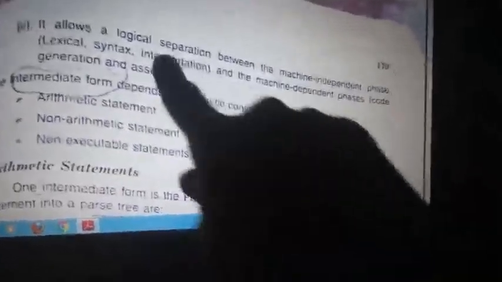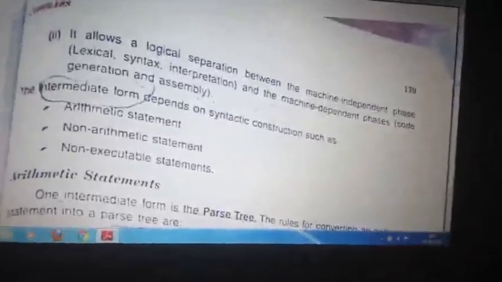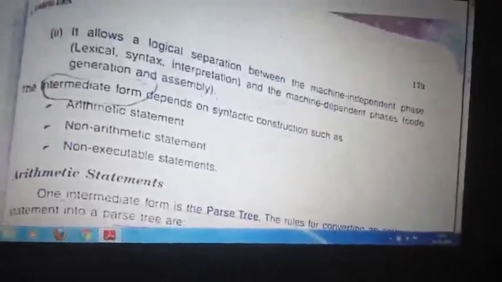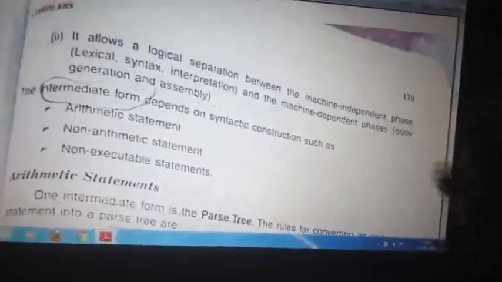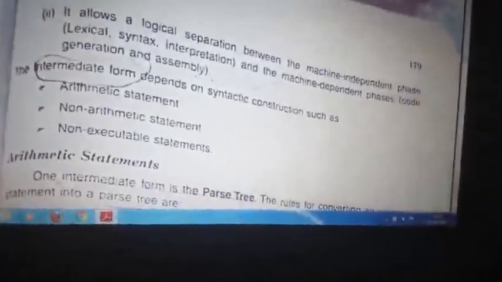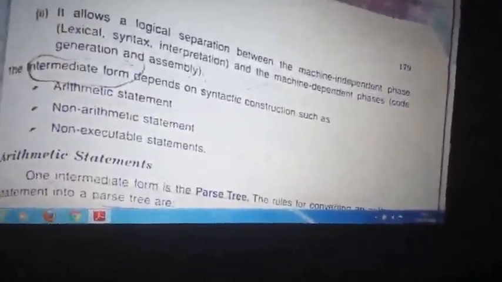That is, this is the analysis phase and this is the synthesis phase. To separate that we are using the intermediate form. So this is the second advantage. These are machine independent aspects, where now we are dealing with how the code is generated. Where the code is generated, it depends on the machine.